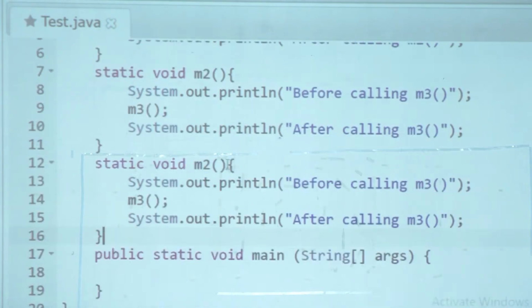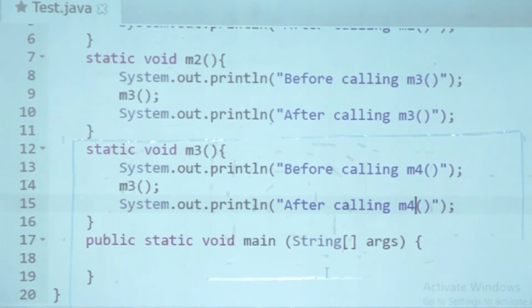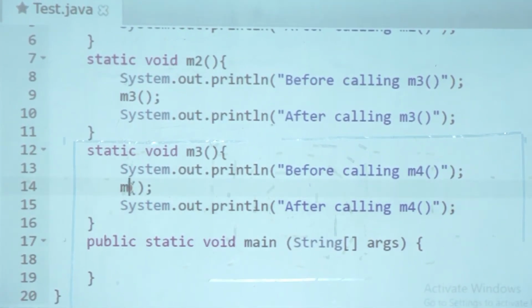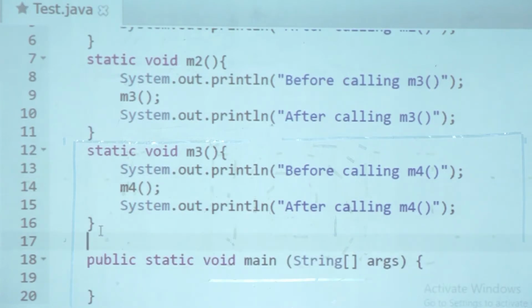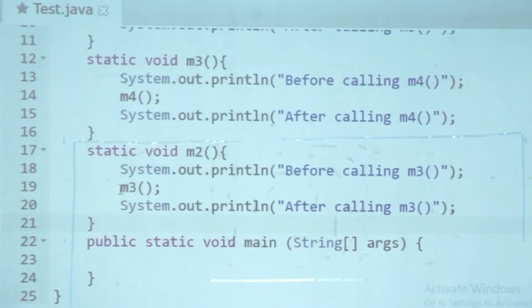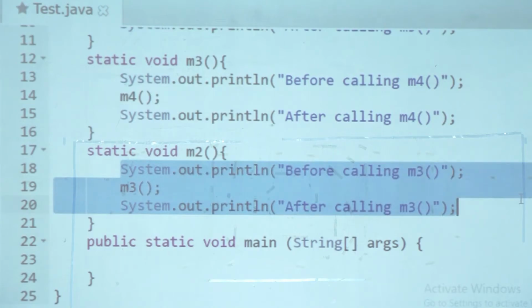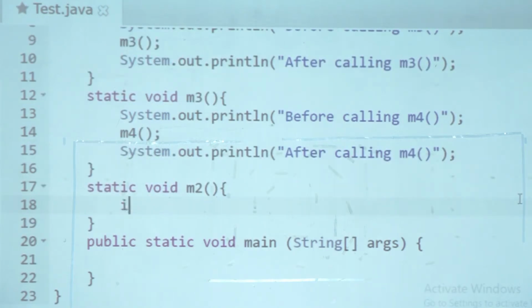So I have M2, I have M3, and well, I don't need so many, but it's okay. And I'll have M4, which will actually throw an exception. In M4, write that int a equal to 100 by 0.